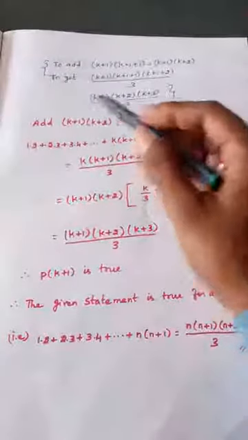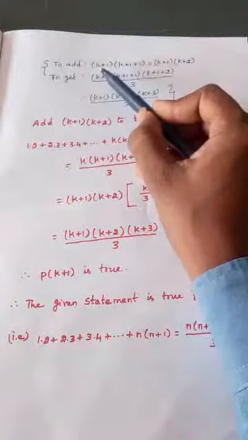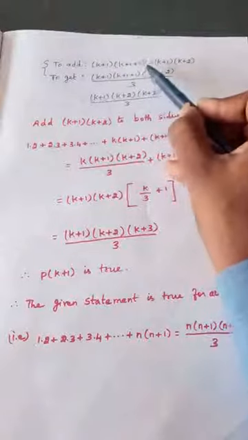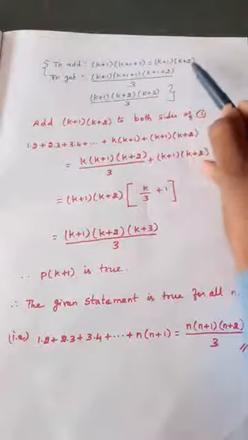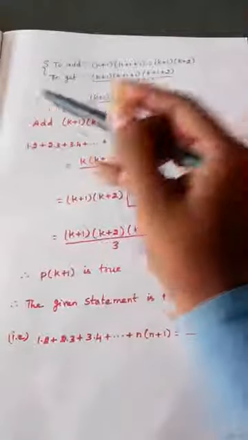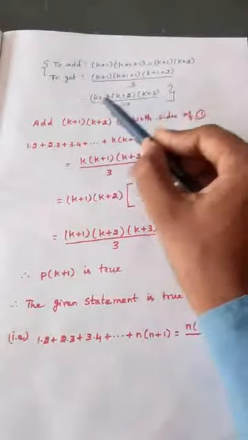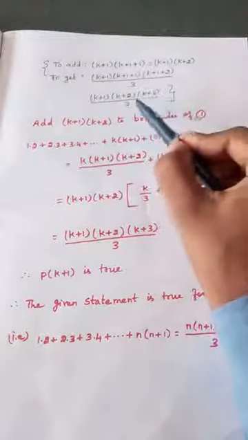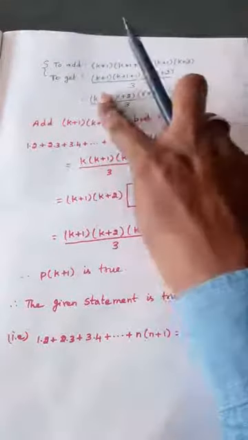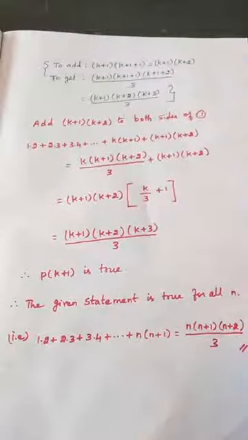Yes, this is what I said. What term should be added? In the left hand side, in place of k, put k plus 1, and another plus 1 is there. So k plus 1, k plus 2 is the term that has to be added on both sides of equation number 1. What is the answer that we should get? We have calculated like this. I told you before, k plus 1, k plus 2, k plus 3 by 3. So this is to be added. This is the answer that we want in the final. The final result should be this. Then only we say P of k plus 1 is true.